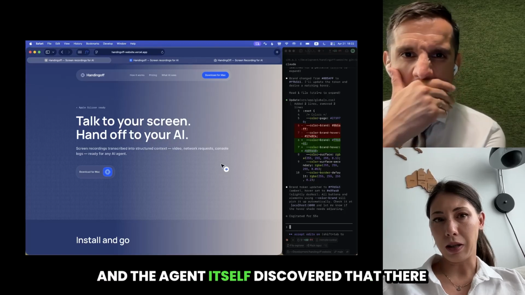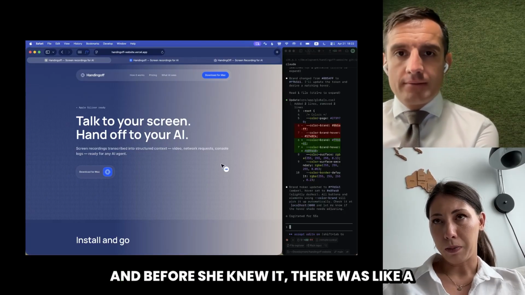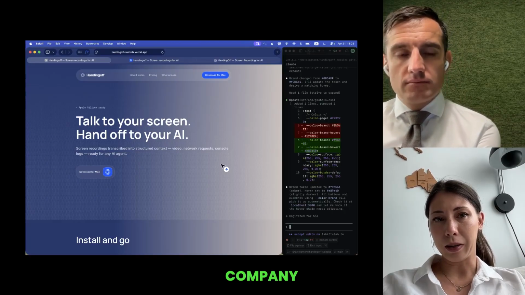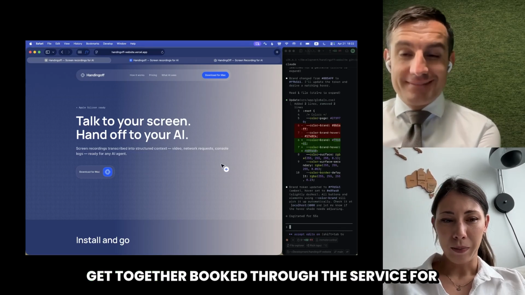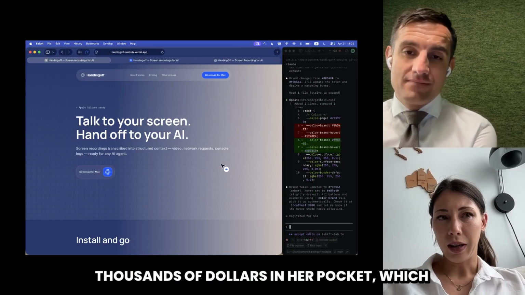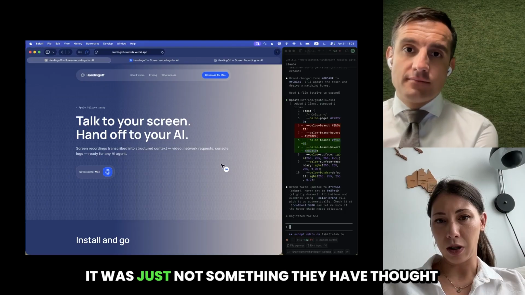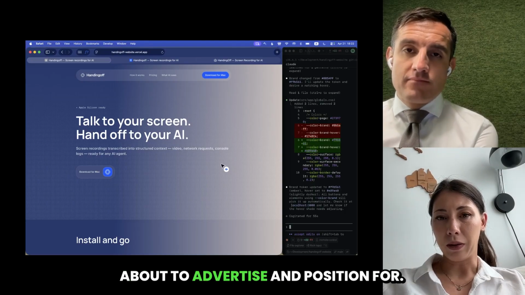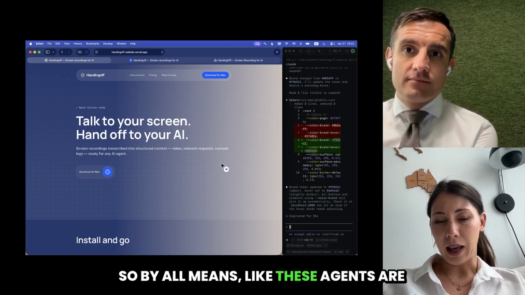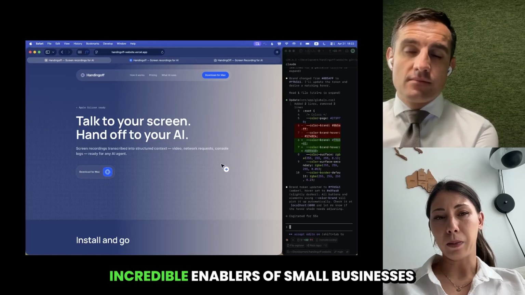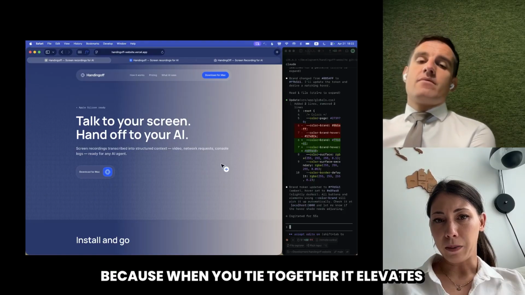And the agent itself discovered that there isn't content opportunity there. And before she knew it, there was a company get together booked through the service. It's so cool. Thousands of dollars in her pocket, which was a very viable use case they could do for companies. It was just not something they had thought about to advertise and position for. So by all means, these agents are incredible enablers of small businesses because when you tie them together, it elevates